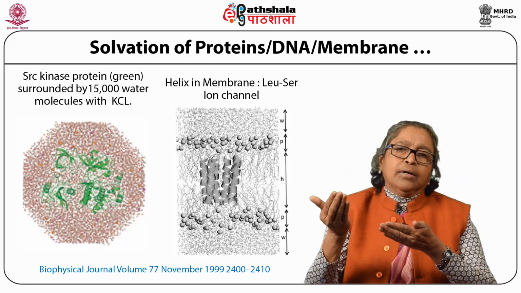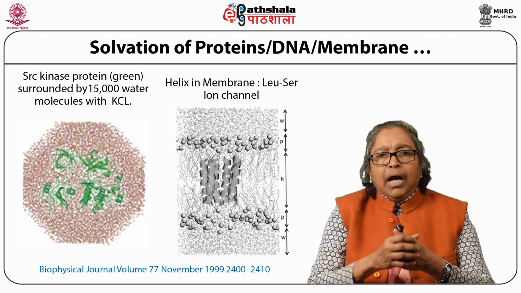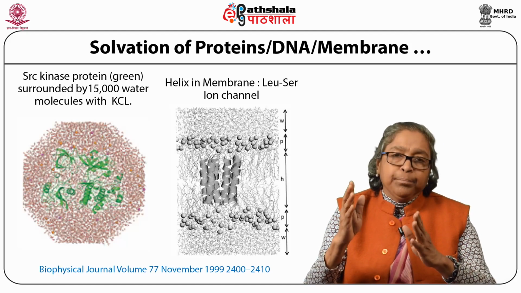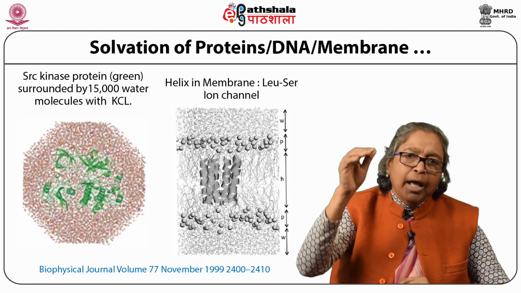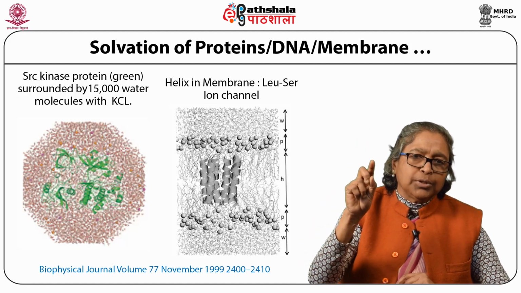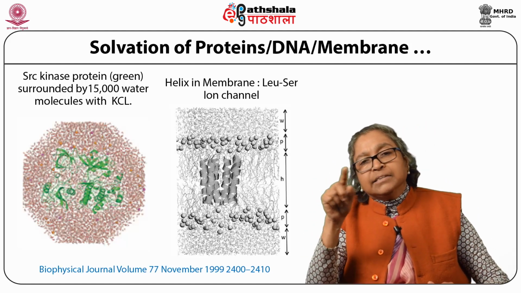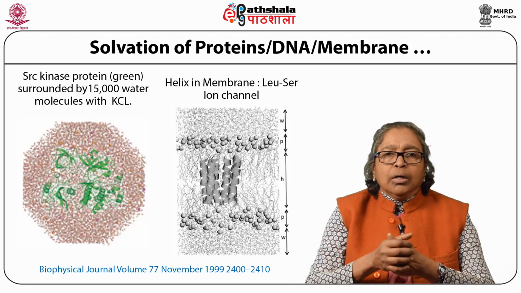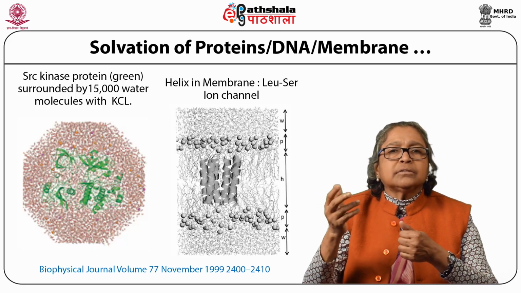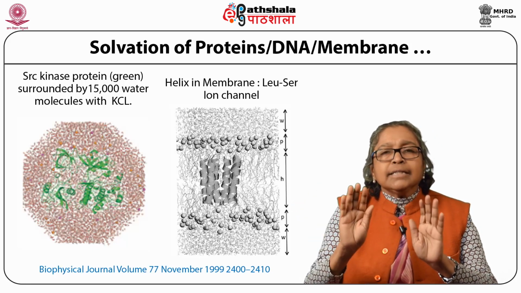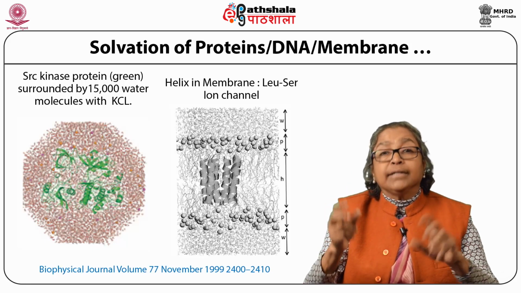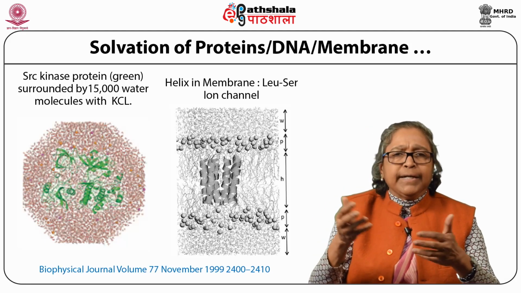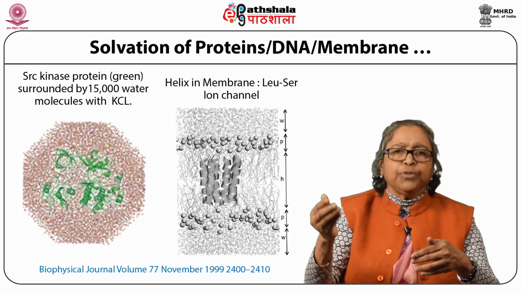On the right hand side, I show you another example, a helical protein with lipid membranes and the water. Waters are shown as if on the top of the molecules, as you see. Lipids are shown as lines because they are the cholesterol part of it. So that actually shows a leucine serine ion channel. This is an example of how a solvation can be done, explicit solvation. However, I will discuss more about two different kinds of solvation in the next few slides.